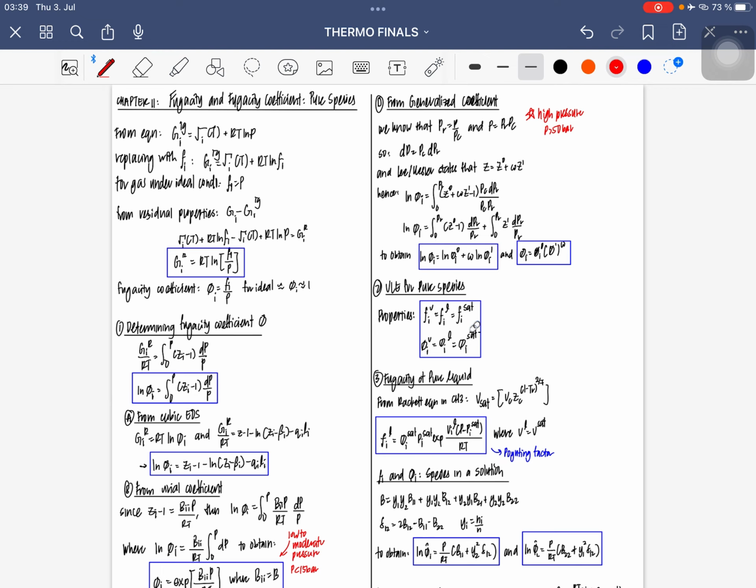Where was I? Okay, chapter 11, fugacity and fugacity coefficient. Look, guys, the thing is, fugacity is really a huge idea that I can't really simply define by a single sentence, but to just make it simple,